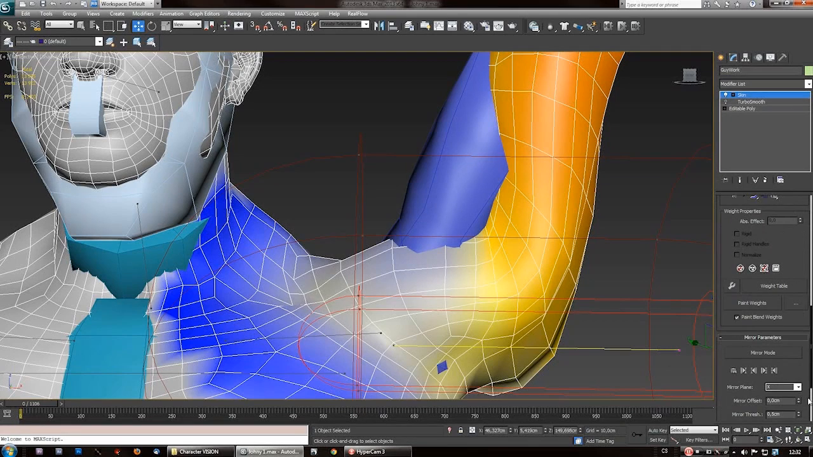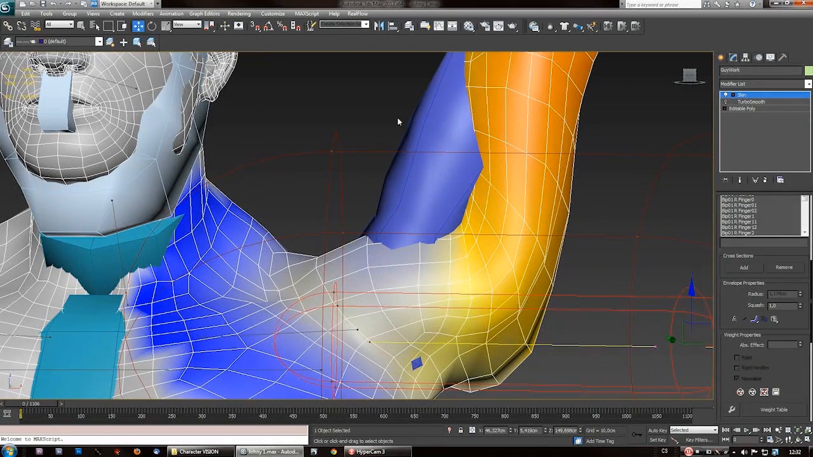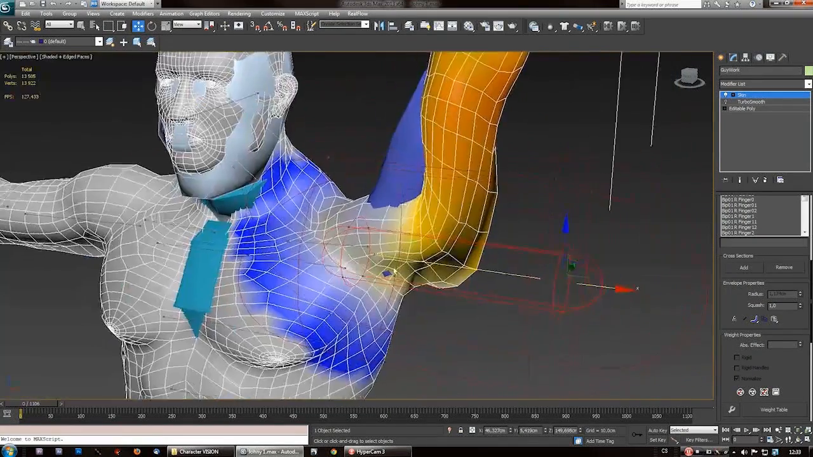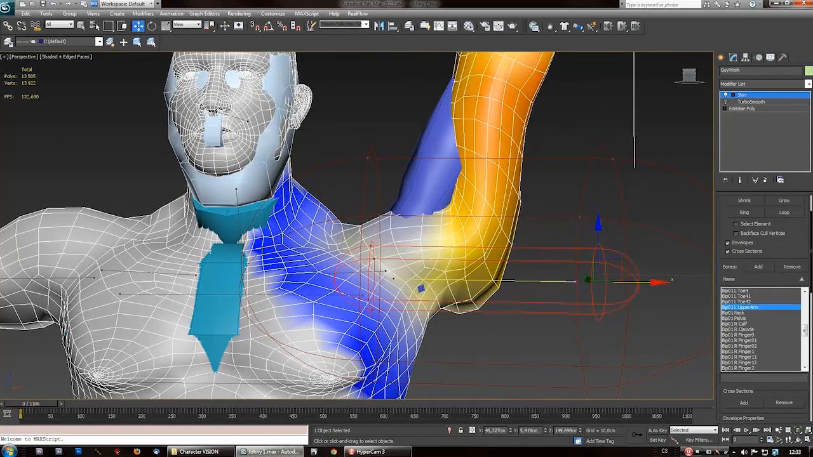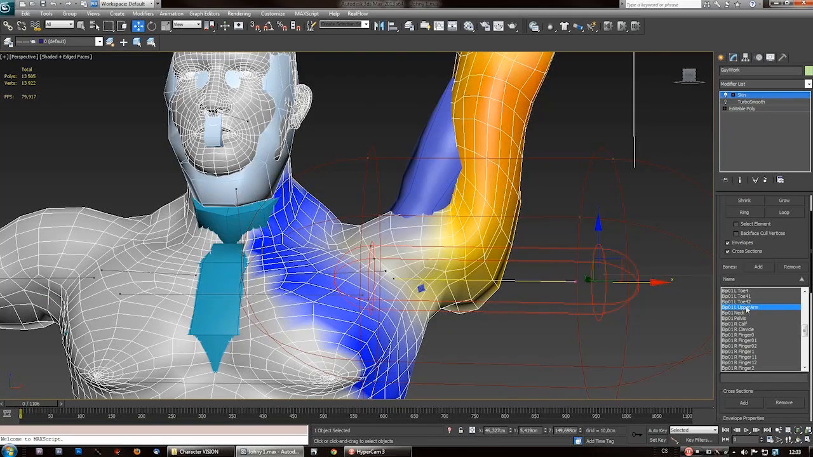Select left upper arm, and then you need to select some vertices which you want to be affected by this bone. Okay, again, I hope this is absolutely clear. If I select left upper arm,